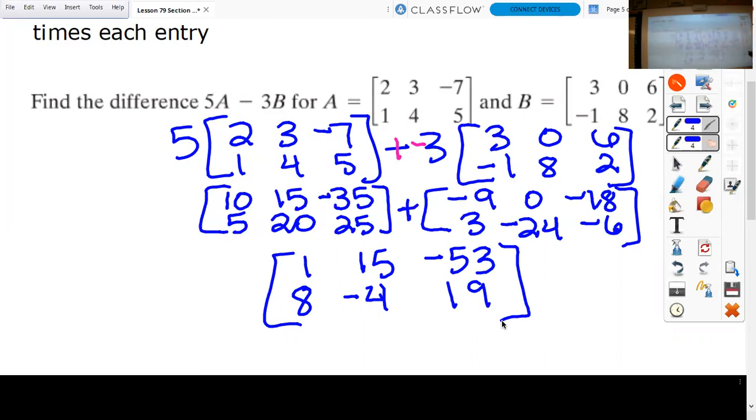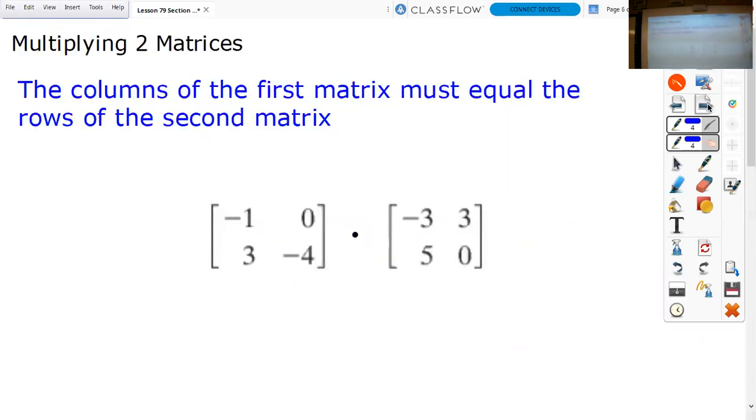Right, that's pretty basic, yeah? So adding, subtracting matrices, no big deal. Multiplying by a scalar, no big deal. They do real normal things. What gets funky with matrices is now going into multiplication, right? So here's what we need to make sure about